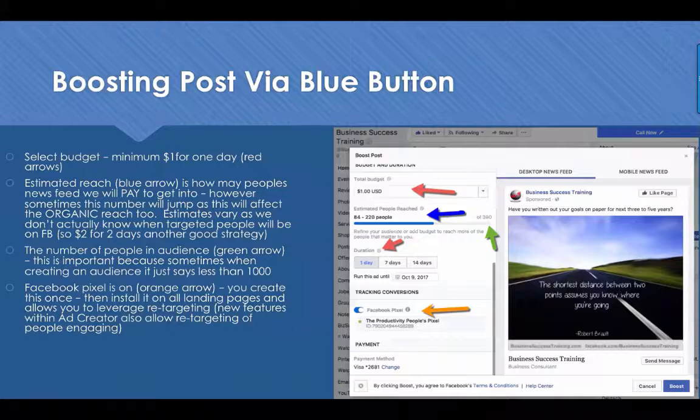It's something that you'll want to ask your web designer about, or whoever manages your web page. If you use a WordPress site, you'll just type in that code, and then you'll be able to see how many people went from the ad to that page. Let's say your page on great sweaters at your antique store, or your article on advertising, and then you could retarget to them. A little beyond today's boosting, but these are some things that you need to be aware of. Just turn that on, set this for the time frame you want, set your budget at least for $1 a day. If it's a 7-day ad, it's at least $7, okay?